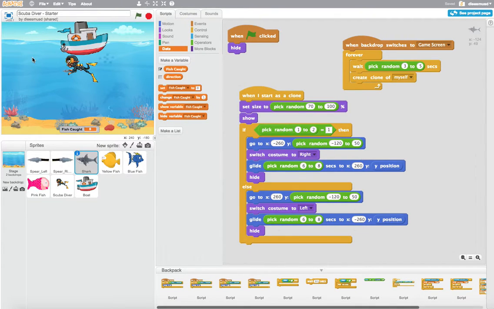Now that we have our shark swimming from left to right, our shark is going to be a little bit different in that he can also move up and down. So it will be harder for the scuba diver to avoid him. And the way we're going to do that is the shark needs to know where the Y position of the